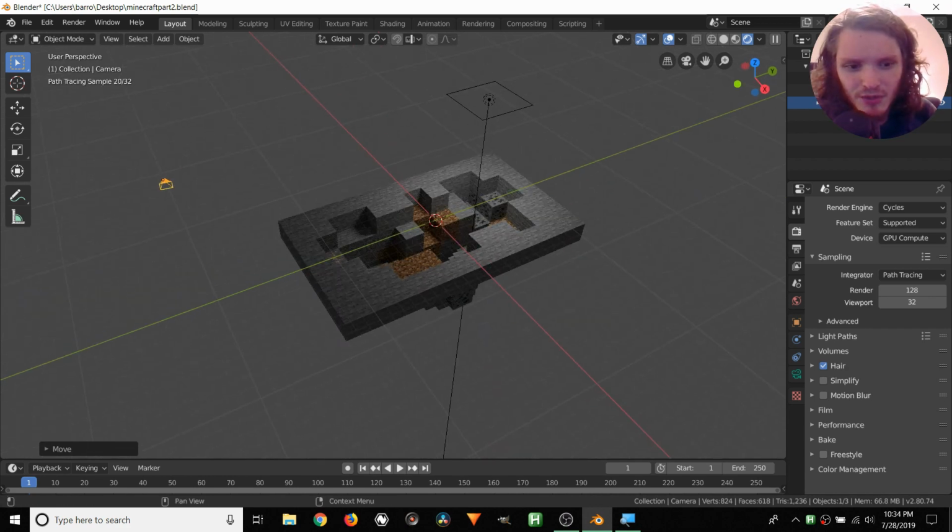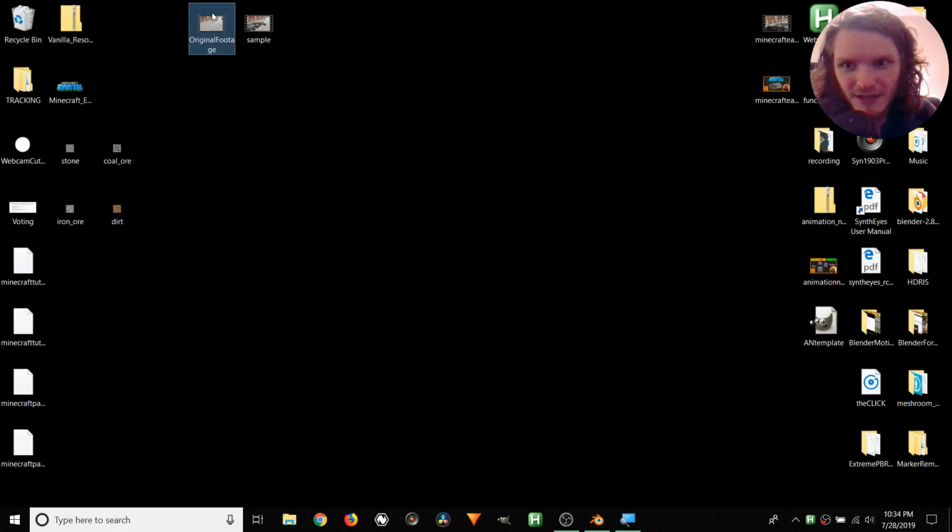So what we want to do is take our footage right here and track it. The way we do this is we take our footage, convert it into an image sequence, so just a bunch of images instead of one video file, because this plays nicer with Blender, and then we're going to use a bunch of tracking tools built inside of Blender to extract our camera motion. Do you like that plan? I hope you do, because that is what we're doing.